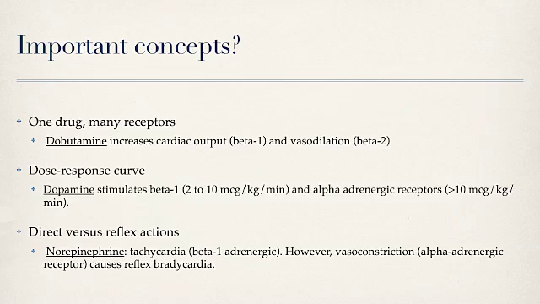Also, dose response curve, and the classic example of that is dopamine. When you start with a low dose of dopamine, 1 to 2 mics, it's basically working on the renal dopamine receptors and causes increased glomerular filtration, GFR, and increased renal blood flow. And when you increase the dose from 5 to 10, say, you get the beta effect, whereas you get chronotropy and increased inotropic effect or contractility. If you go above 10 mics per kilo per minute, you go hit on the